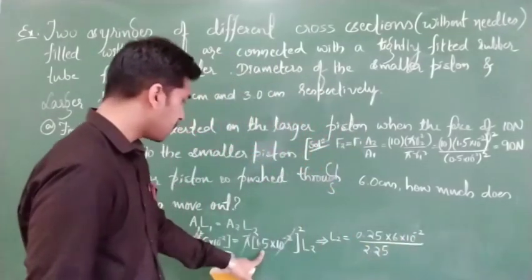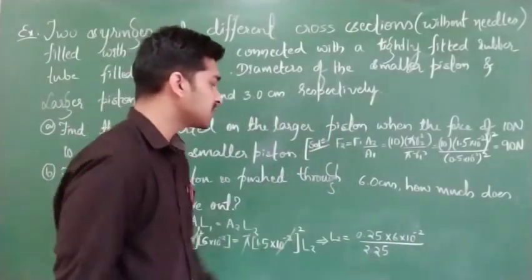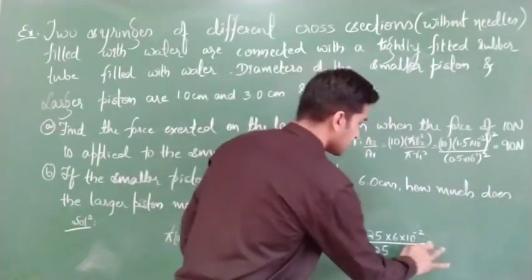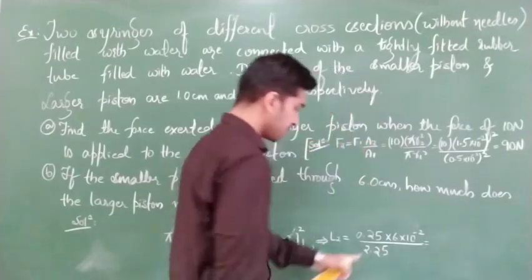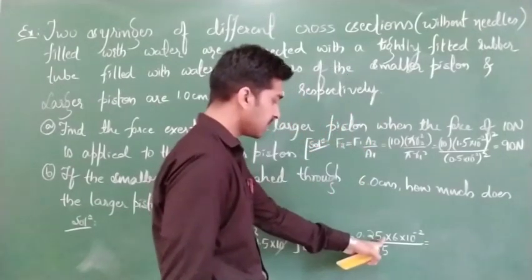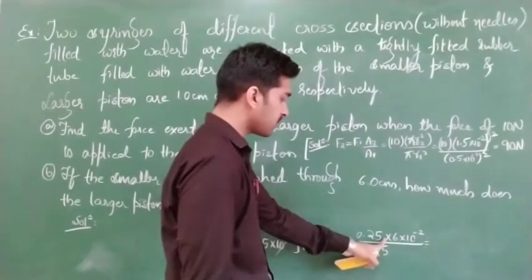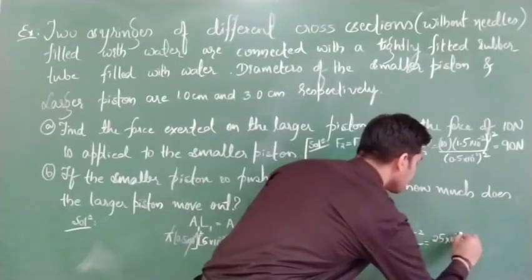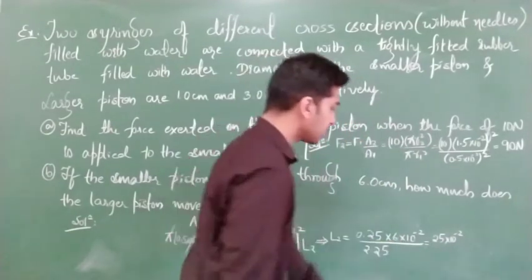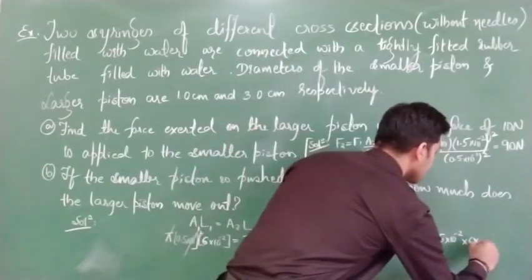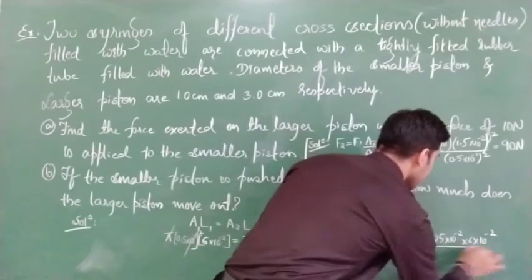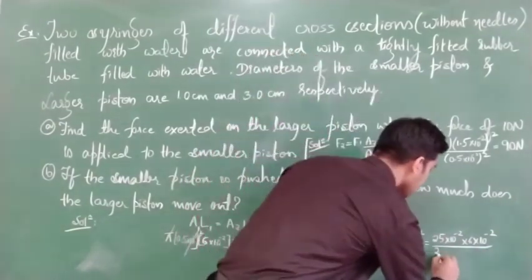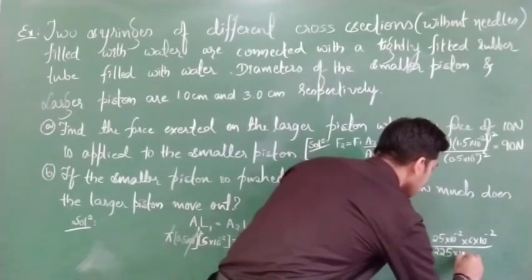Clear? 2.25. Now check what will be your final answer from this. So how you can shift it over here, all the things, how you can shift the decimal, just check, make it as 25. Clear? 25 into 10 to the power of minus 2. Okay. Next 6 into 10 to the power of minus 2. Next in denominator, you can shift it over here, 225 into 10 to the power of minus 2.